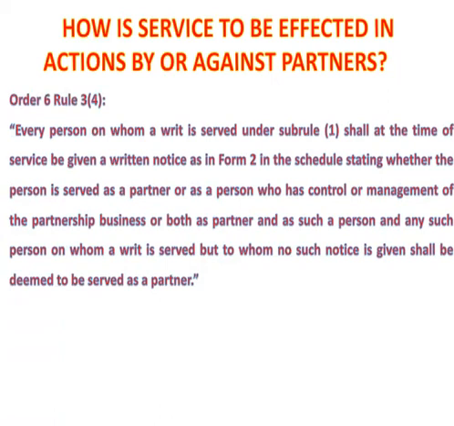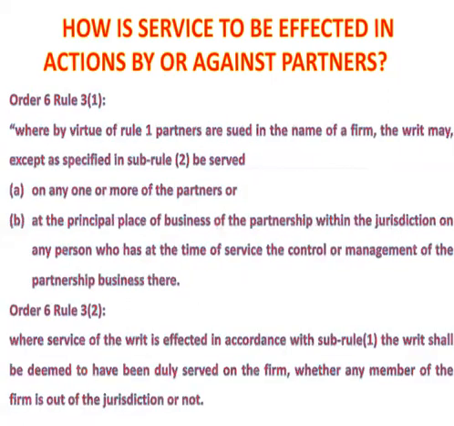What this means is that every person on whom a writ is served under sub Rule 1 shall at the time of the service be given a written notice, and the notice they will give you would indicate whether you have been served as a partner or you have been served as a person who has control or management of the partnership. Remember that under Order 6 Rule 3 sub Rule 1, we were given 2 ways in which we